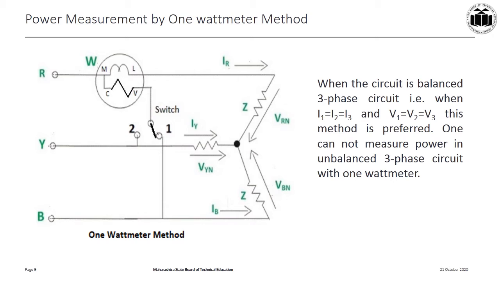The method of 1 wattmeter for measurement of power is used only when load is balanced. The current coil is connected in one of the lines and one end of the pressure coil to the same line, other end being connected alternately by switch to the other 2 lines. The sum of 2 readings taken by changing the switch position for power measurement at load will be P is equal to P1 plus P2.